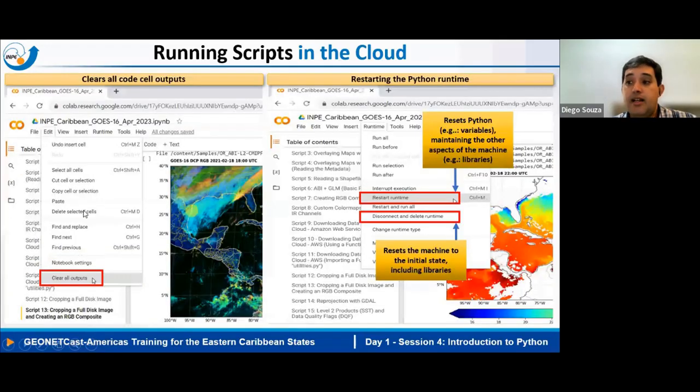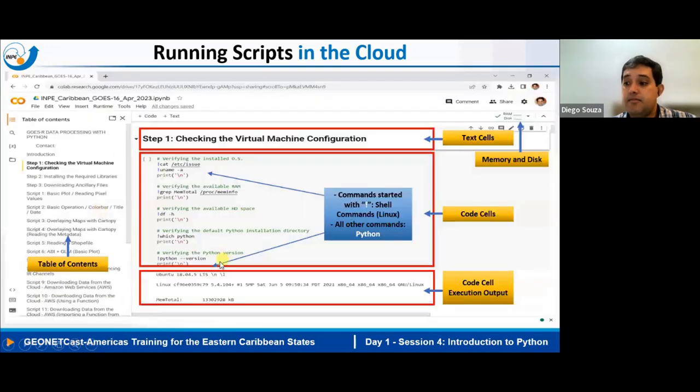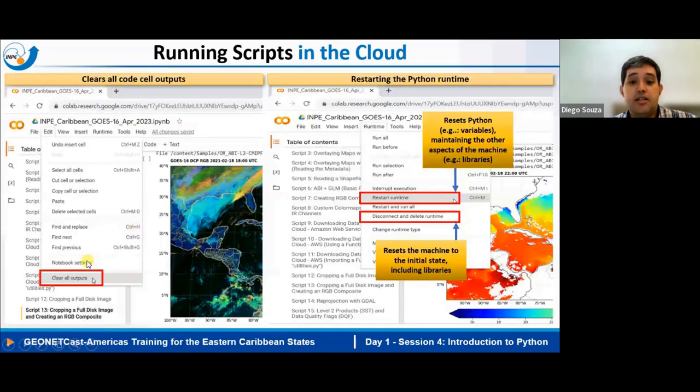Okay. Another detail is that this is a code cell output, which displays texts or images that you have generated. And if you need to clear all the outputs,